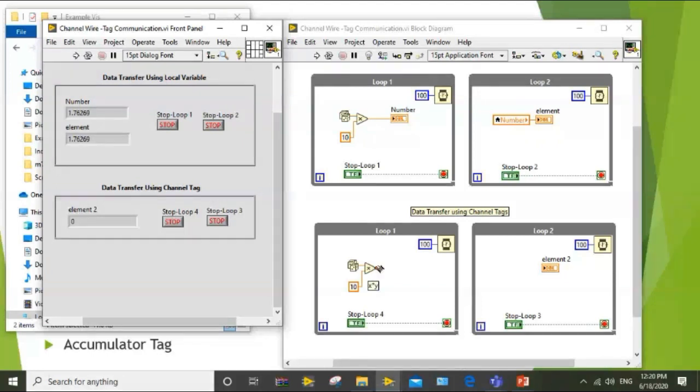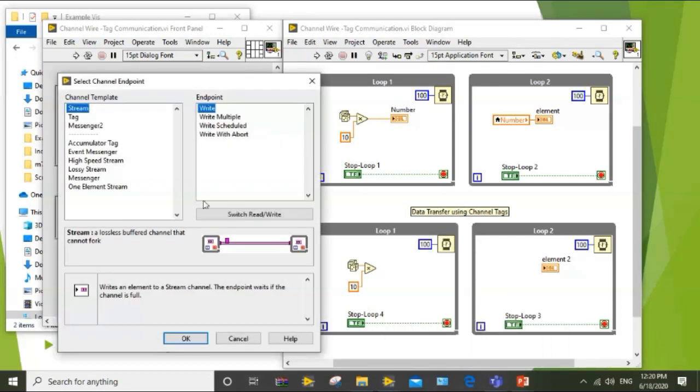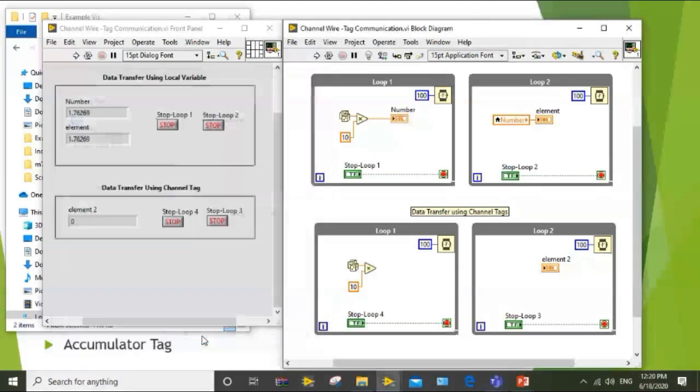In the bottom two loops, I'll be implementing the channel code. Just right click on the multiply function, go to create, and say create channel writer. Since this is going to be a tag type channel, because we just want to transfer one value, I'll select tag and write endpoint.